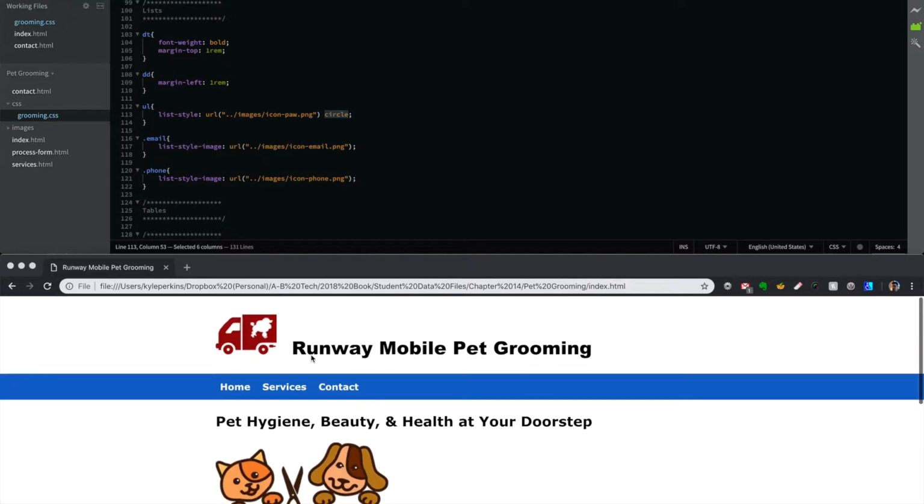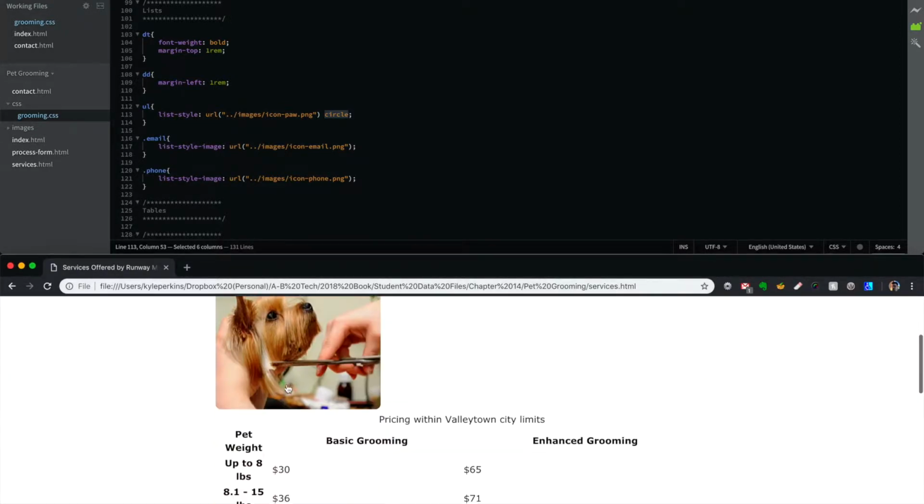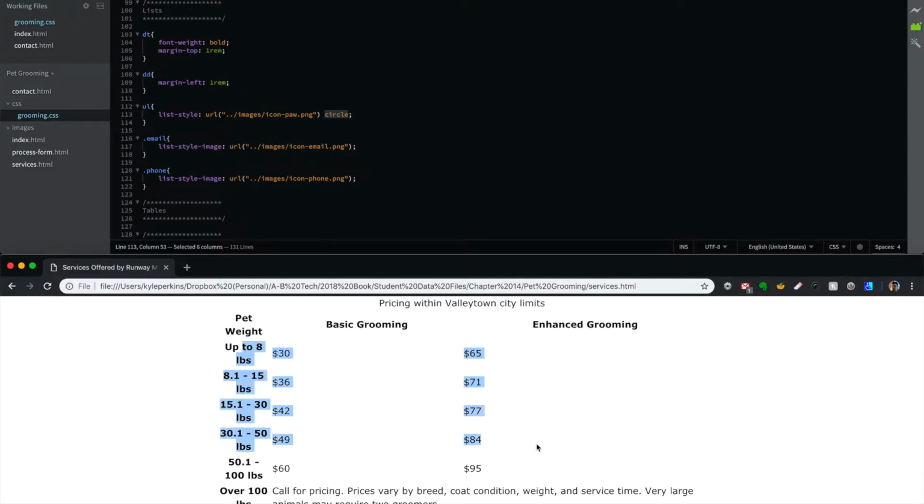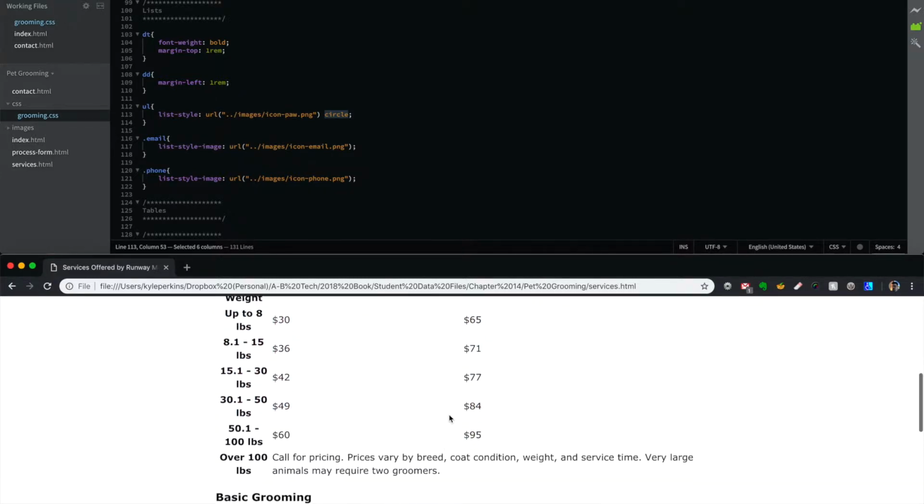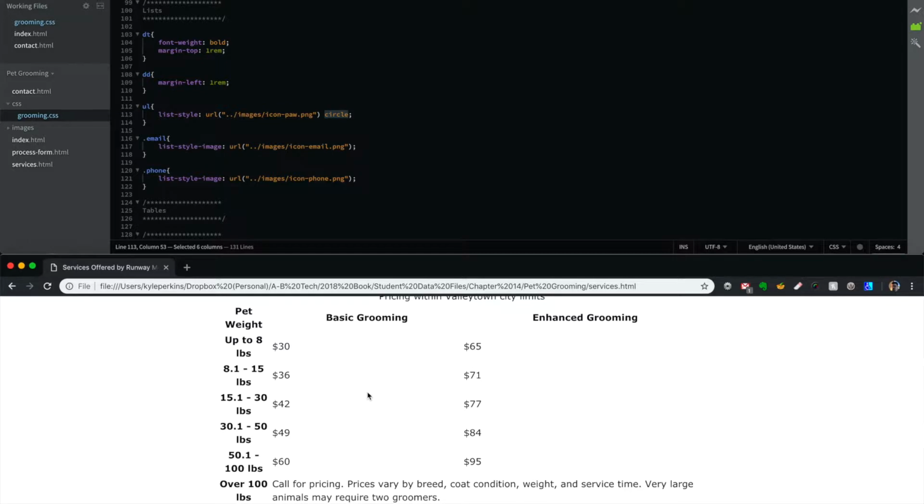So the first thing we're going to do is navigate to the services page and take a look at the table right here. Now, if you notice, the table is a little hard to determine exactly what's going on. For example, if we have a pet up to 8 pounds and enhanced grooming, is that $65 or is that $71? It's a little hard to determine. If I have 15.1 to 30, is that $42 for basic and $77 for enhanced, or is it $36 or